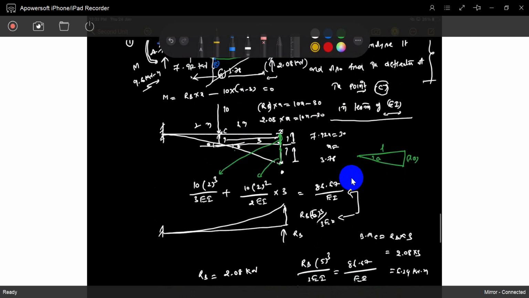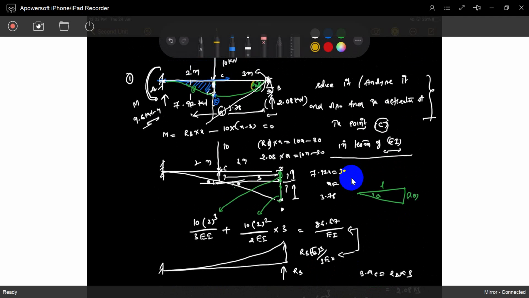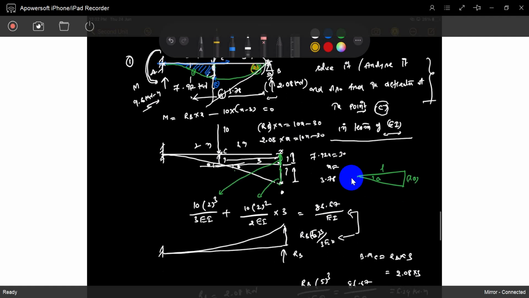Now I am asking, what is the deflection at this point? Theta B. What is the deflection? So you can find out the deflection based on the same area moment method. How? The change in the deflection at 2 points is equal to the area of the curvature diagram. So if you choose another 2 points, compulsorily the change in slope between any 2 points. If you choose another point which has a zero slope, then it is easy. So we have to find out where it has a zero slope. Zero slope is at A.